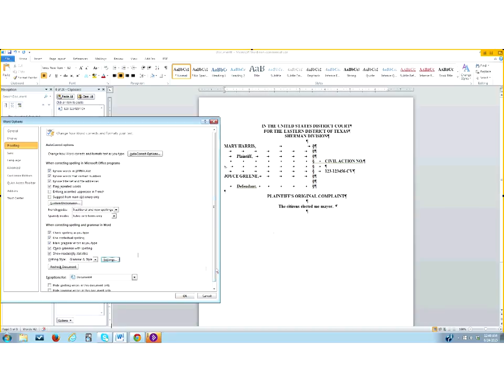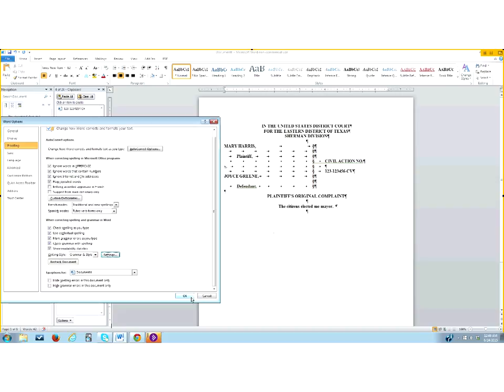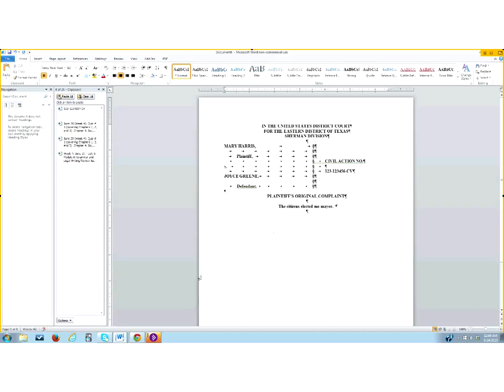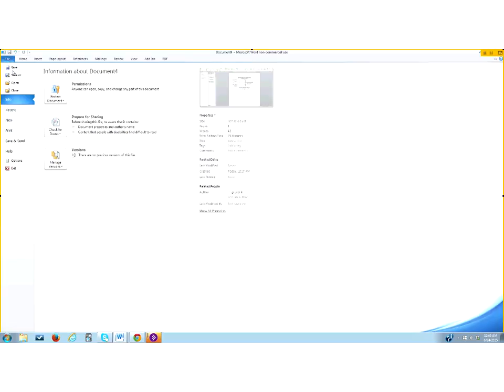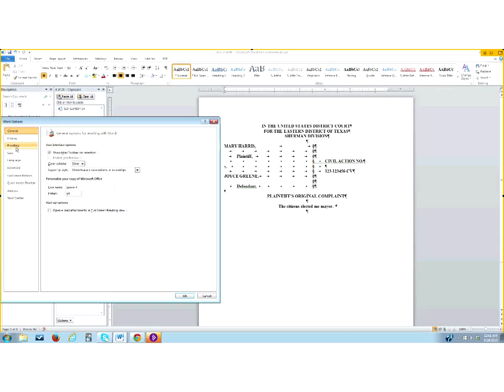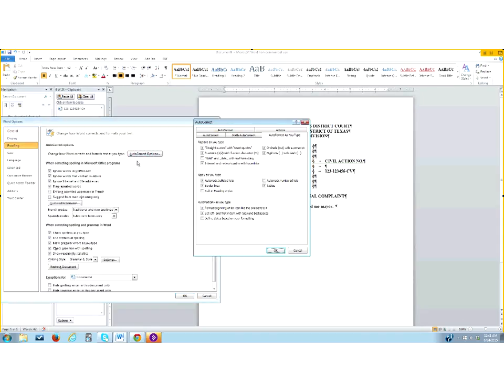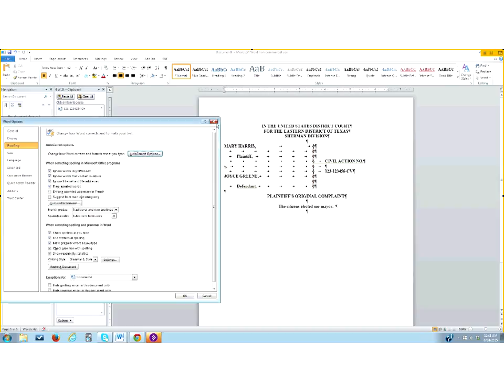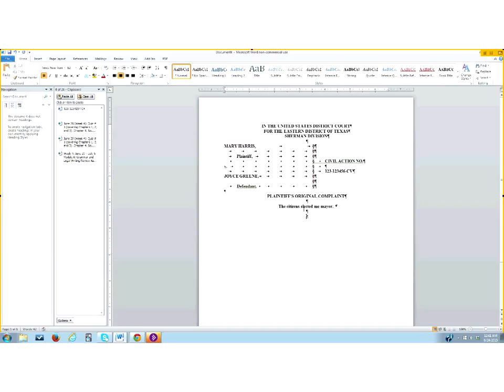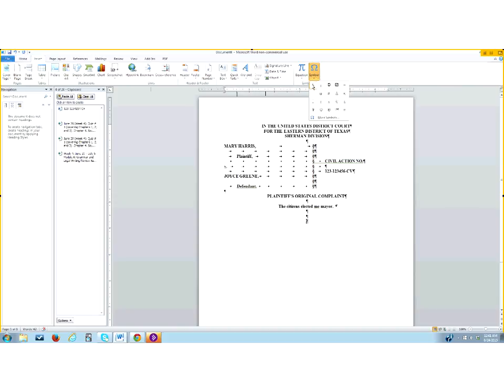Okay, so I am going to say OK, and I'm going to show you one more feature. We're going to go to File, back to Options, back to Proofing, and now we're going to talk about autocorrect options. Let me show you an example of this first. Let's say that I was referring to this statute. We'll do the section sign: insert, section. So section 23, section C,